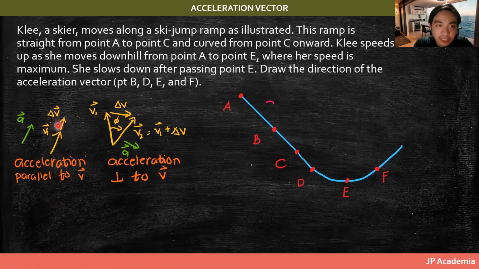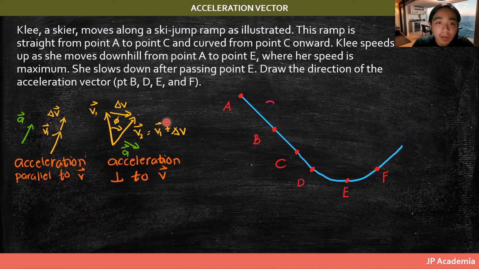Okay, so given this change delta v, yung v sub 2 nito or yung addition nitong dalawa ay sa same direction lang din ng v1 mo. Okay? So that's for the case of acceleration parallel to velocity wherein the speed changes pero the direction ay hindi